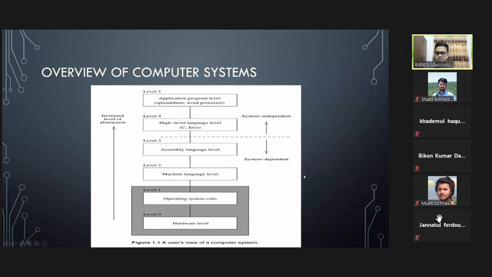Yes. So we have discussed a little bit in the last class. We have just discussed only this, what is system dependent and what is system independent. So you might think that why we need to know that, right? What is the reason that we need to have the idea of this overview of computer? Because as I guess, most of you are going to be a software engineer as a profession in the future very soon. So whenever you are going to write a program or do your job in a software company, you cannot expect that the rest of your life you are going to code in only one platform. You never know.